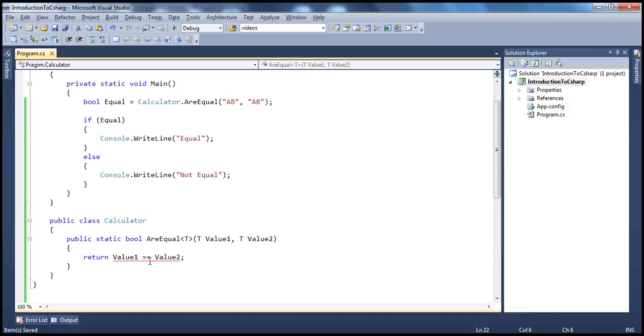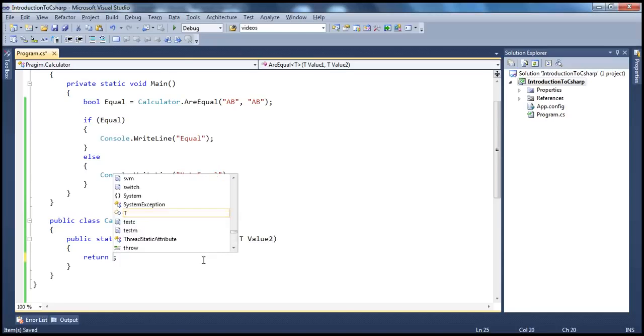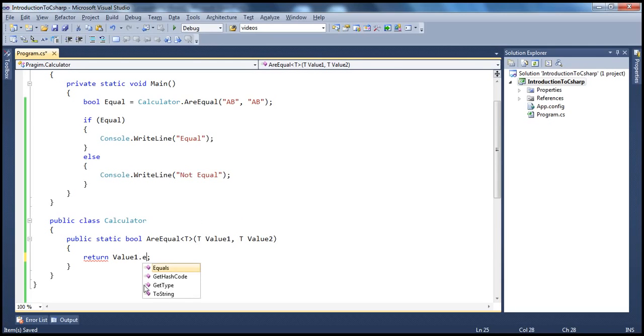And then here we have to do a slight change, because this is a type. You cannot directly compare them like this. Instead, you have to use the Equals method, which System.Object provides to every type within the .NET Framework. Okay, so T, we know that one is value1, the other one is value2, and both are of type T. So if value1.Equals